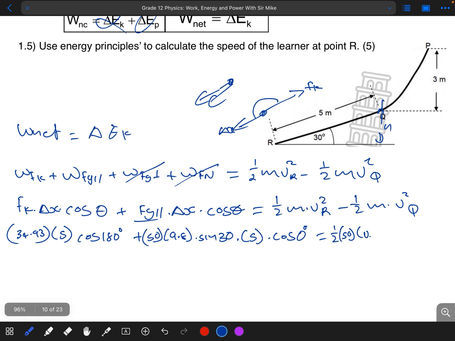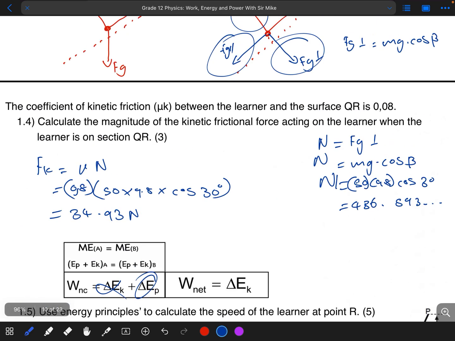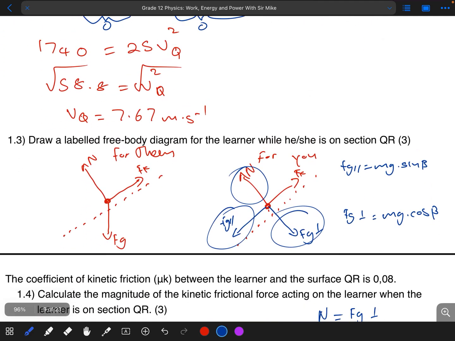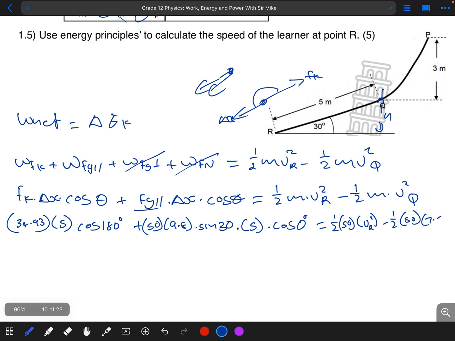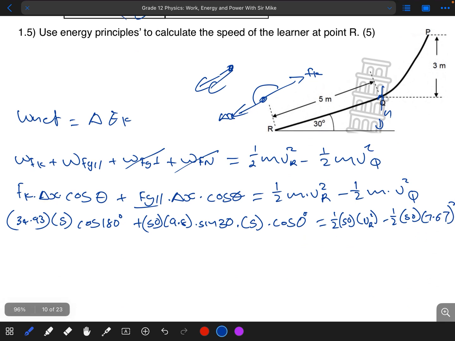So this will be VR squared, minus a half multiplied by the mass, which is 50, multiplied by the speed of the object at point Q, which we found to be 7.67. You can use that. We square that. Now if you put this into your calculator,